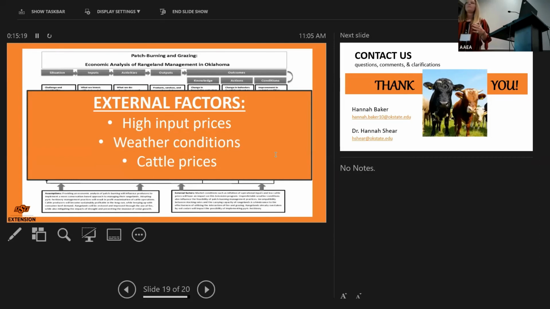So while patch burning may not be necessarily attractive to implement right now, there's a saying that during drought is when you plan for rain, and during rain is when you plan for drought. So if we can get producers thinking about patch burning and going ahead and putting that plan in place, when we do get that good rain in, they can implement patch burning and be ready for that next drought that